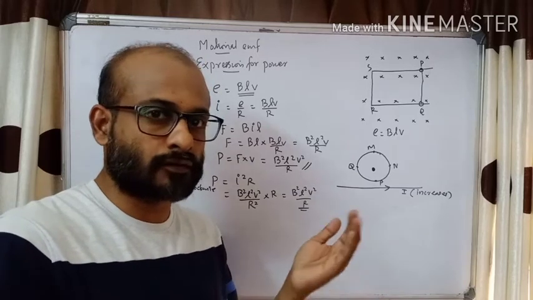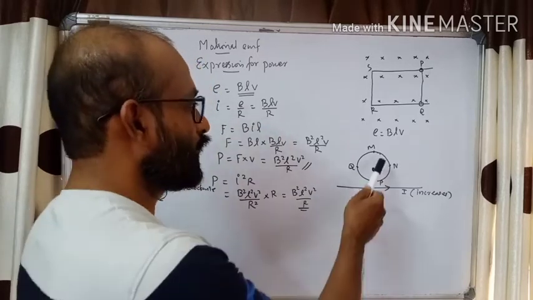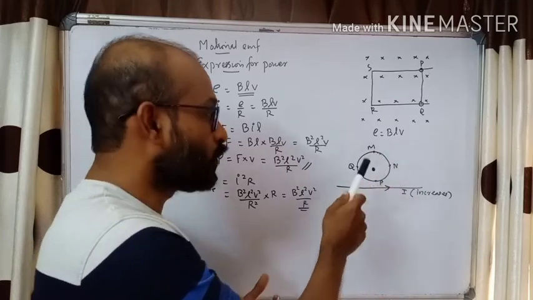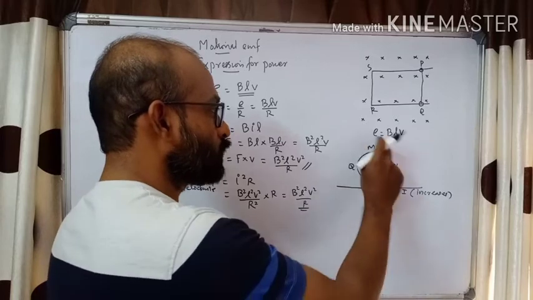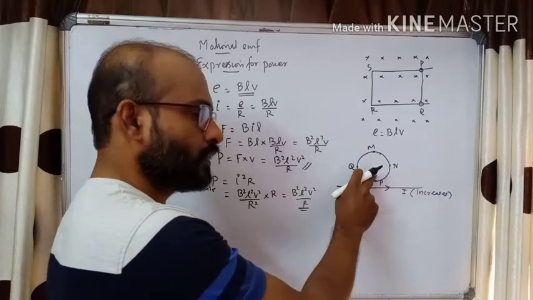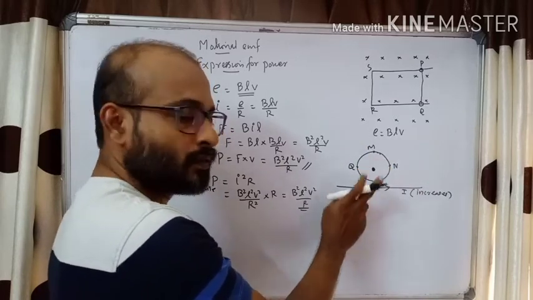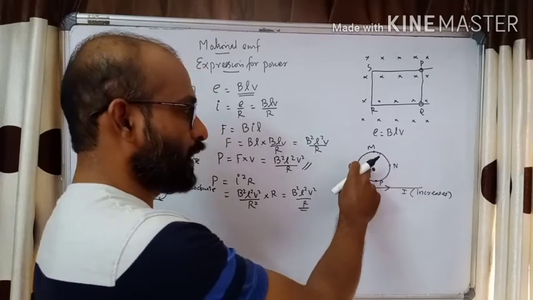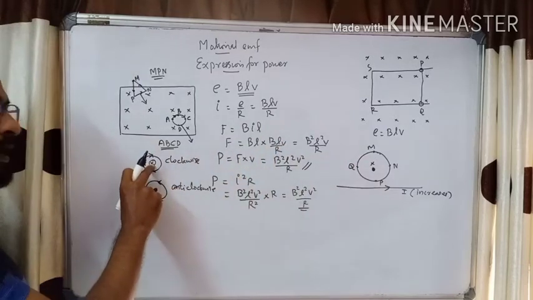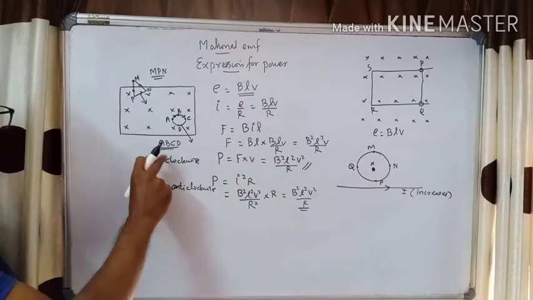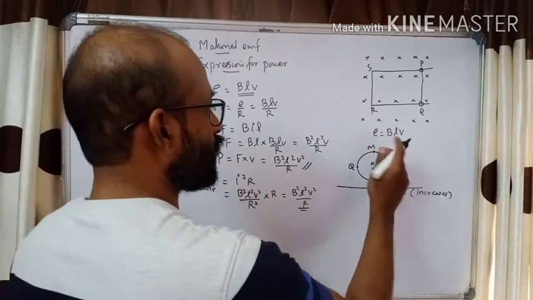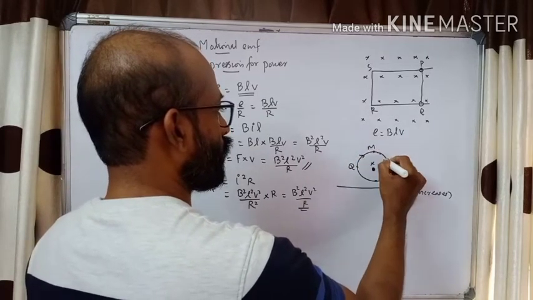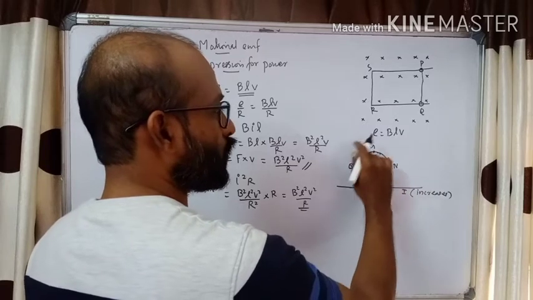By Lenz's law, the magnetic flux should decrease. To decrease it, a current should flow in the loop such that it produces a magnetic field to oppose this. To oppose the dot field produced by the conductor, which is outward, we need a magnetic field inward. To have an inward magnetic field, we need a current in clockwise direction. In which direction should the current flow? Current should flow here in clockwise direction, as I have put it like this.